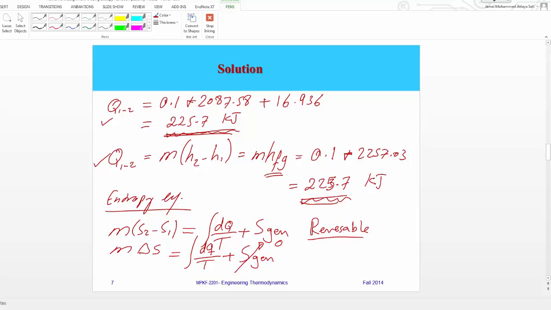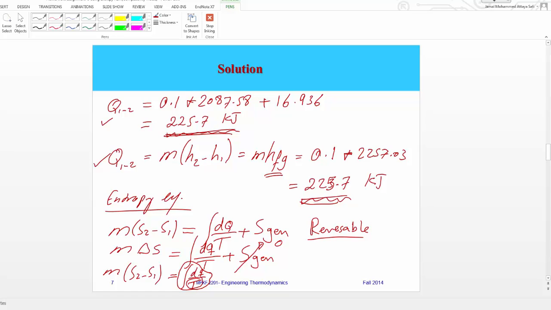If you have a reversible process, there's no generation of entropy, and that gives you this as 0, which means that m multiplied by S2 minus S1 is actually the integration of dq divided by T, and this integration, as long as T is constant, as you see in this case, it's an isothermal